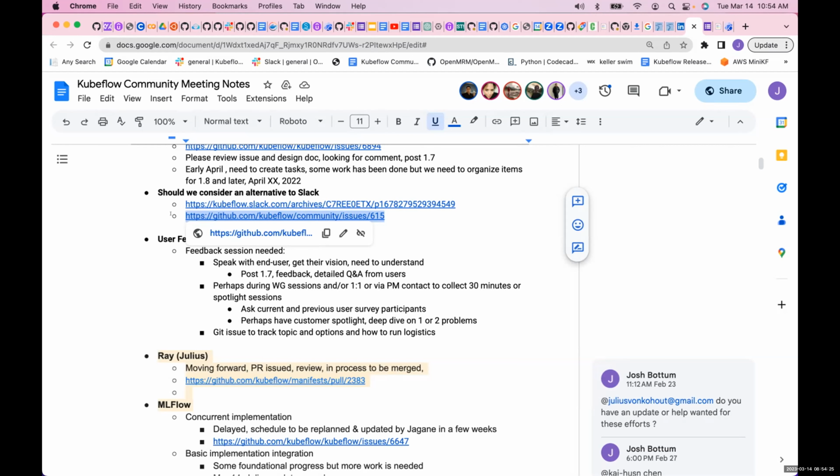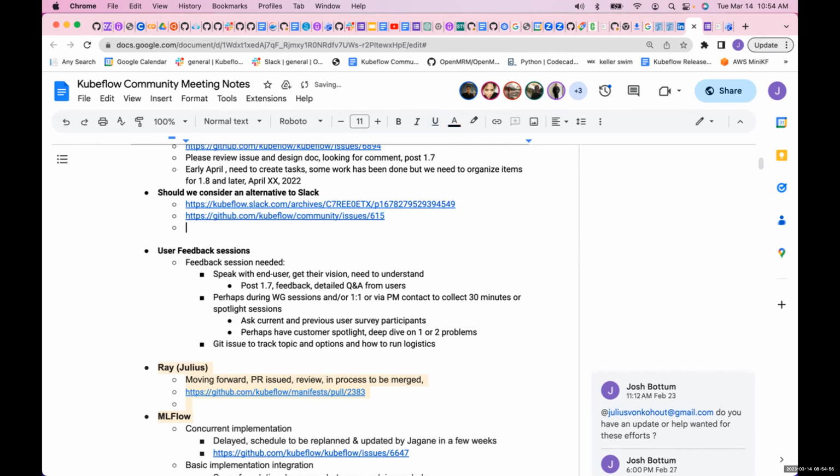I think this discussion's come up many times before. The only serious alternative is Discord, and even the CNCF Slack would be more than. I've seen a lot of projects which have joined the CNCF adopt the CNCF Slack. I don't know if they try and force it upon you or not, but it means that you lose a lot of autonomy as a project. And for a project as complicated as Kubeflow, just like the Kubernetes Slack is still independent of the CNCF Slack, I think it might still make sense to be independent of their Slack. We'll obviously have a channel on the CNCF Slack, but there could be some problems otherwise.